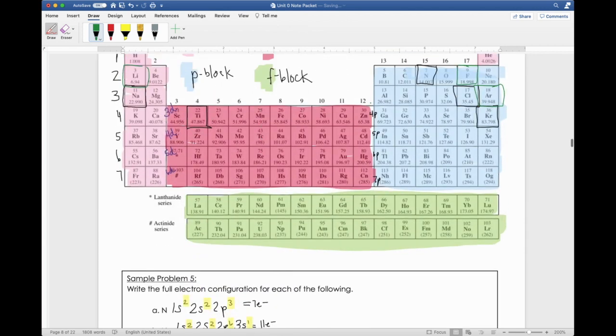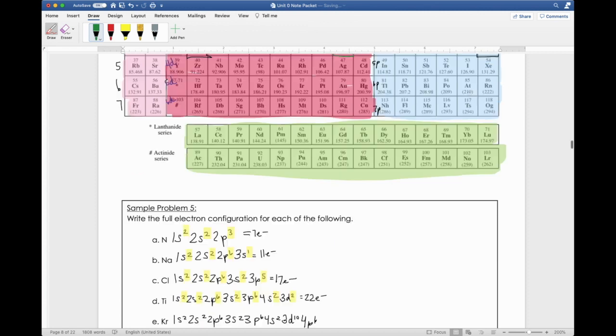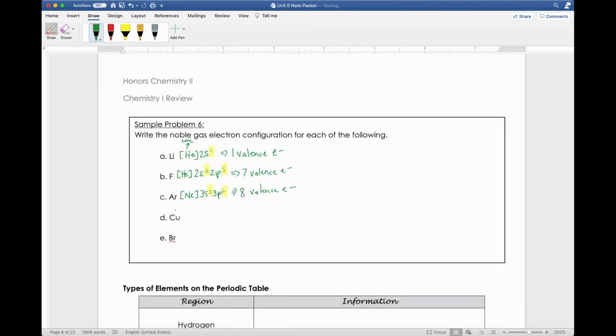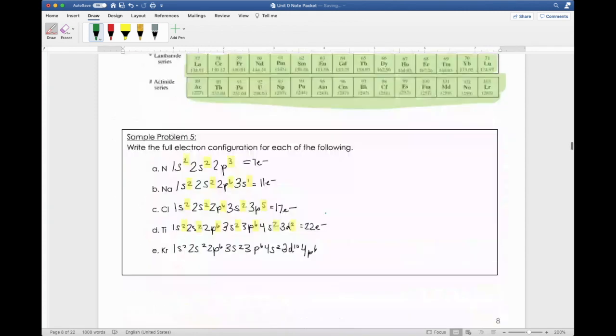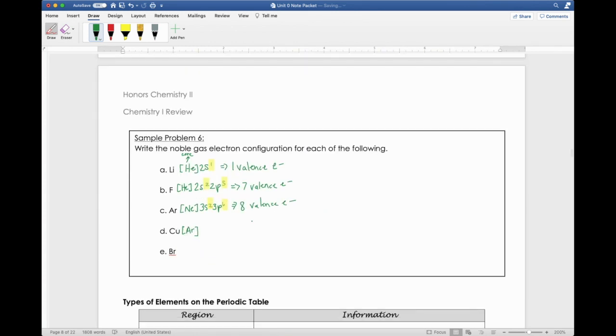Let's try copper. So copper is a transition metal, just all the way over here. So the noble gas that comes before copper is argon. So let's write argon in brackets, and then whatever comes after that. So looks like argon's in the 3rd energy level. We're going to have to start off with the 4th. We would have 4s2, and then we would end with 3d9 because copper is the 9th element. So 4s2,